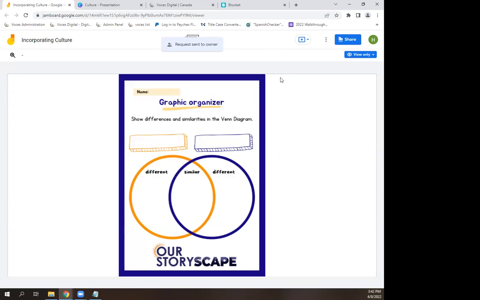So I'm going to also join the Jamboard, and we can write the different things that we were able to find that are different or similar in relation to Canada. So first, what we are going to do